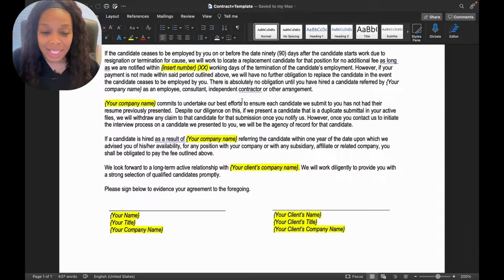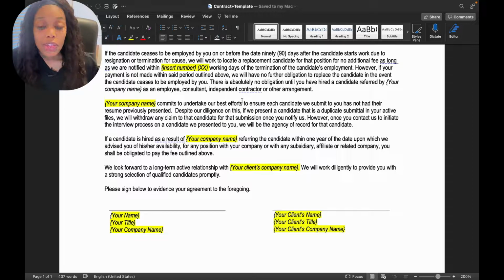So if the candidate ceases to be employed by you on or before the date 90 days after the candidate starts work, due to resignation or termination for cause, we will work to locate a replacement candidate for that position for no additional fee, as long as we are notified within X number of working days of the termination of the candidate's employment. So basically, this is your guarantee in regards to how long you have until you have to